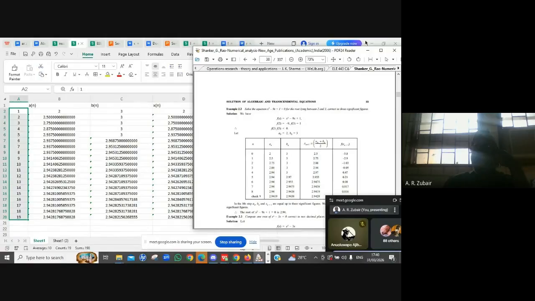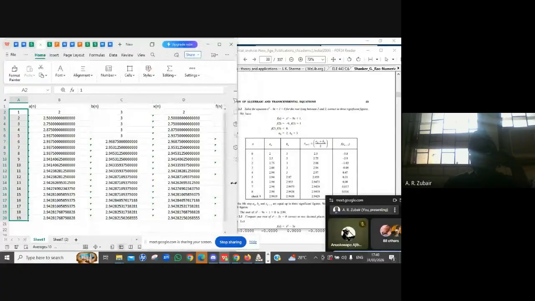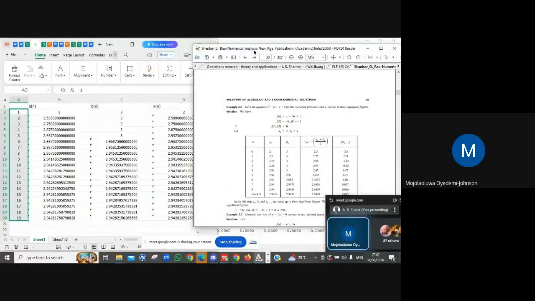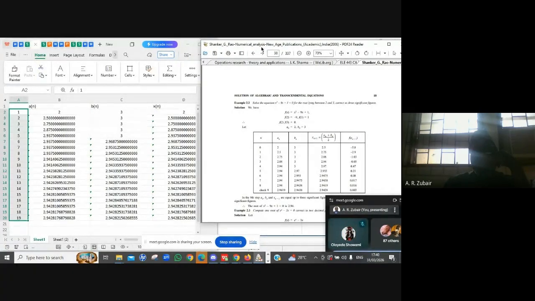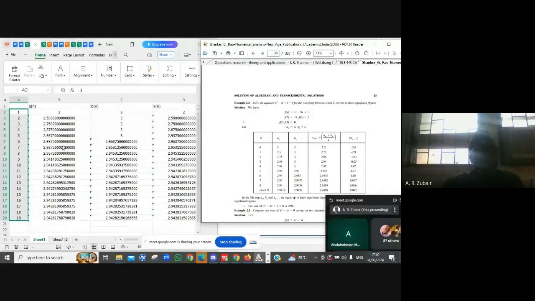Can you see the two together, the way I'm placing it? No, sir. Yes, sir. See my screen, I'm displaying two. Are you able to see? Who is able to see here? Yes, sir. Somebody can see here. So you can see that